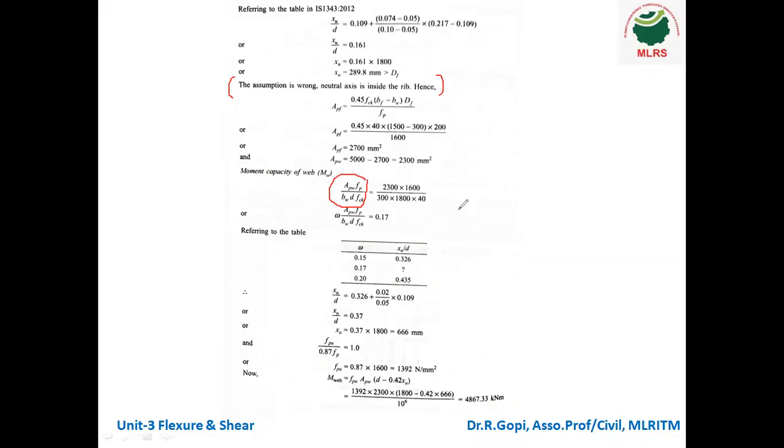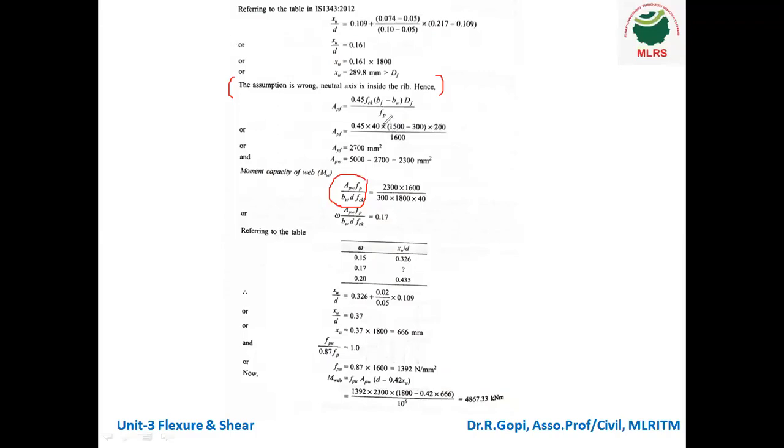Actually, this formula is not available in the code book. Okay. So what is APW for? How to calculate APW? APW is nothing but area of pre-stressing steel in the web. Even though the area of pre-stressing steel lies in the web, the application of pre-stressing force is common for both flange and web.